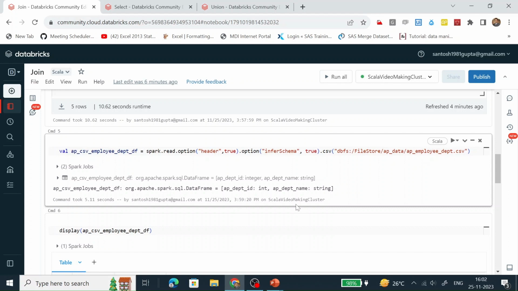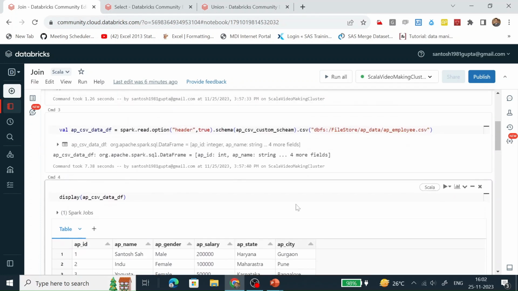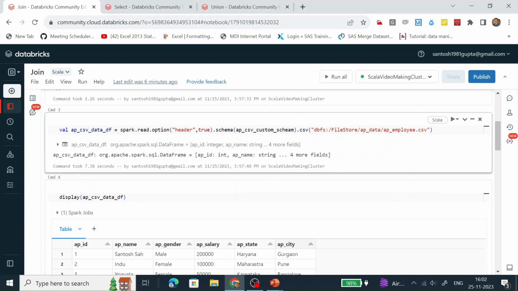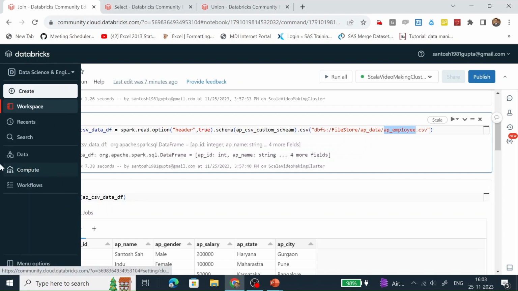The data set which I have created for the joining, no. Let's see if we have another CSV file.